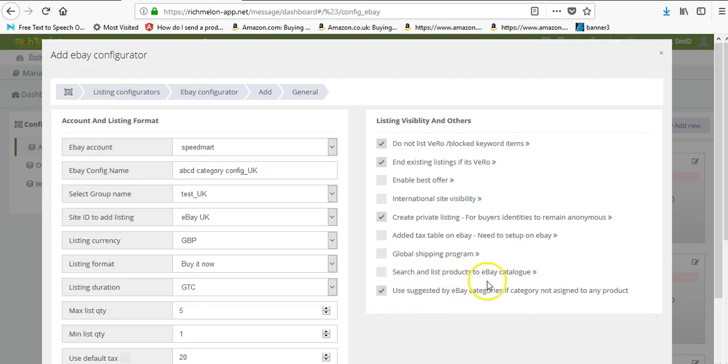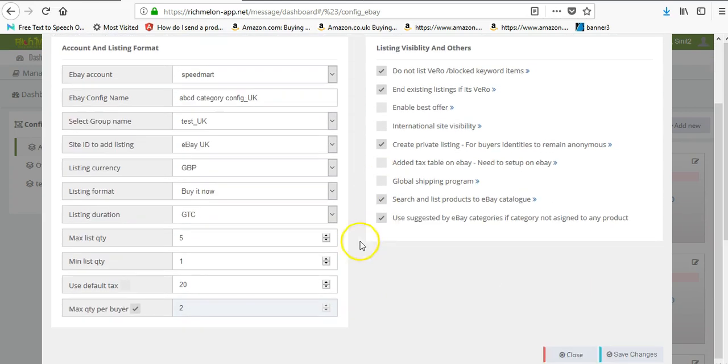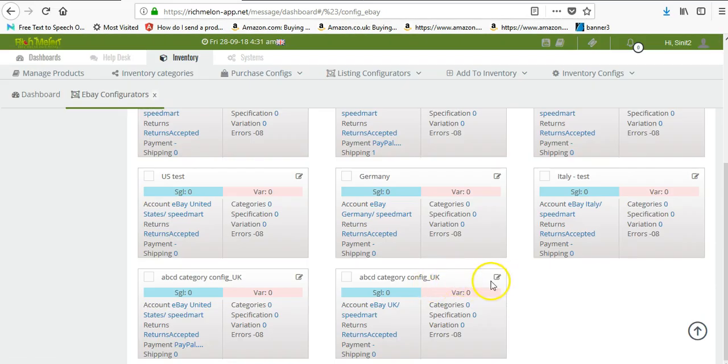Search list product eBay catalog, and click this one. What will happen is it will search first if the product is in the catalog. If it's not in the catalog, then it creates it as a new listing. Okay, once you've done all these, click here to save changes. Created it now. Click here, this icon to edit,